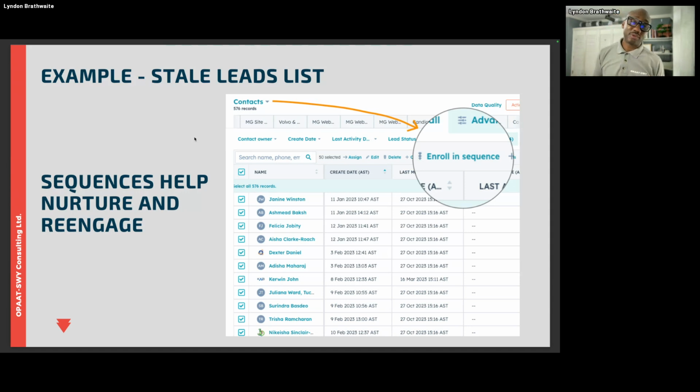And with lead management, in an instance like this, we don't know if these 576 people are still interested. They may be interested but going with someone else instead of buying, because we didn't follow up with the lead, or we haven't done the right things to move the lead from one stage to the next. So this is one way that you could actually go about using sequences inside of HubSpot, and you're using it to manage leads. And in this instance, I'm using the example of leads going stale. All right.